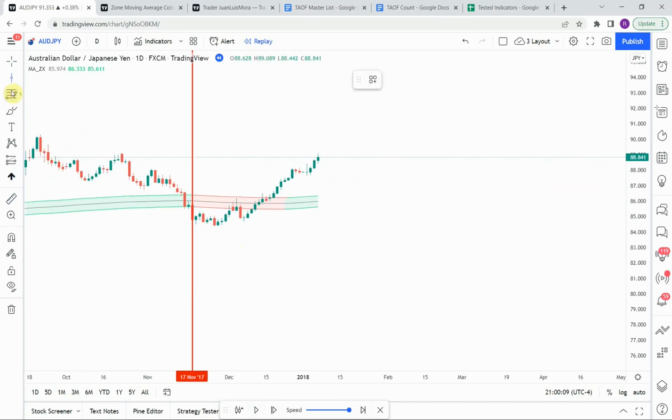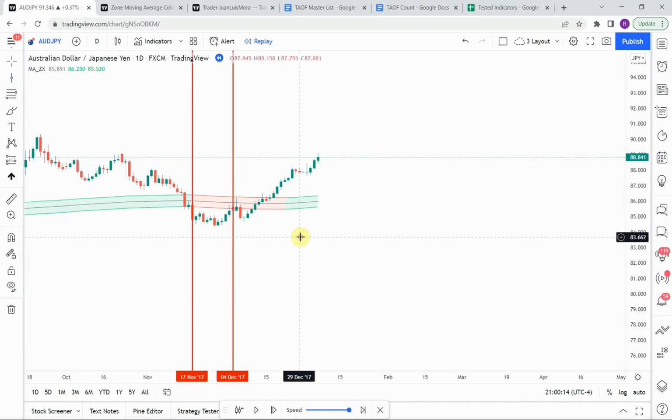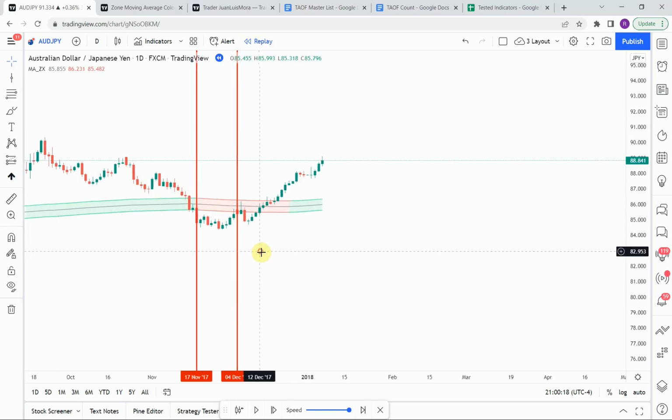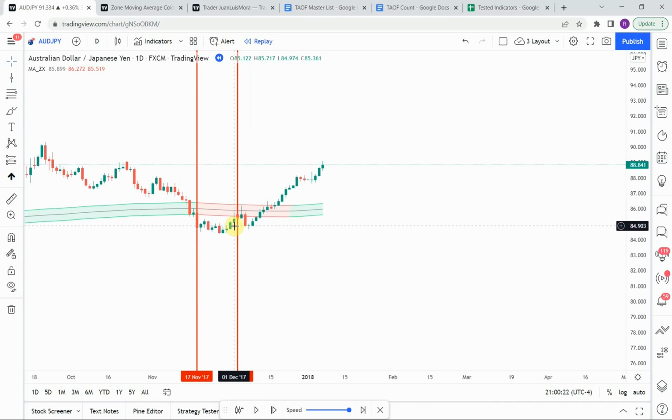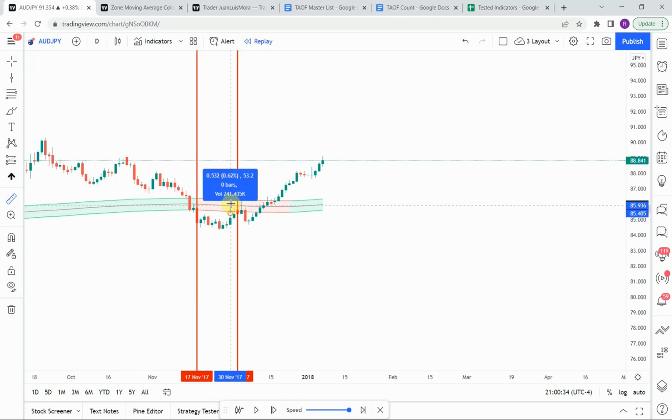All right, so we get a break to the downside right there on that one. Looks like it's the same kind of deal we had back there, where we get this gap up from one week to the next, and so it gaps up into the zone and then comes down and breaks the lower band,